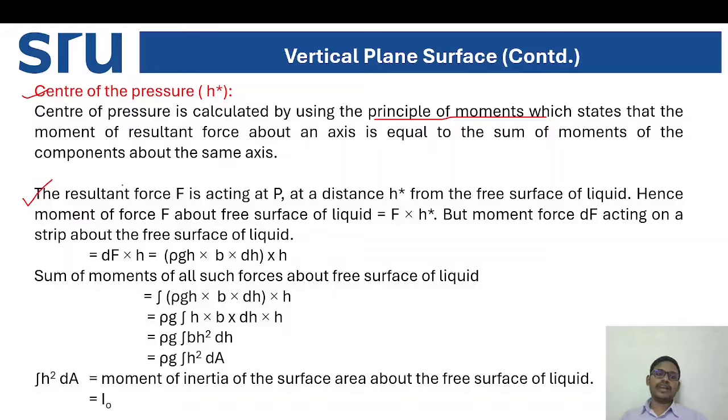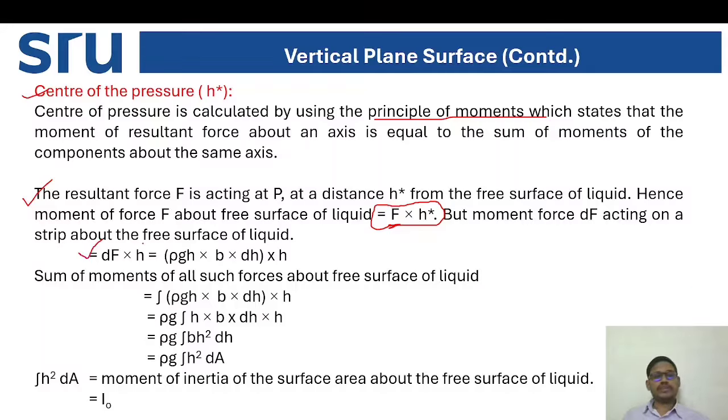The resultant force F is acting at P at a distance h star from the free surface of the liquid. Hence, the moment of force F about the free surface of the liquid is equal to F into h star. But the moment of force dF acting on a strip about the free surface of the liquid